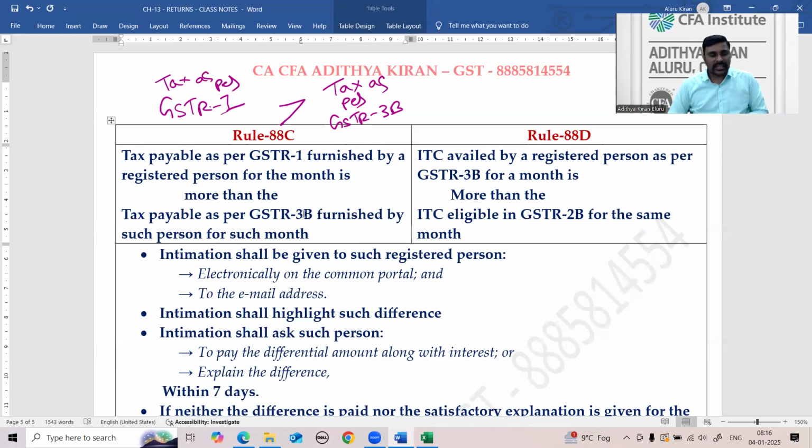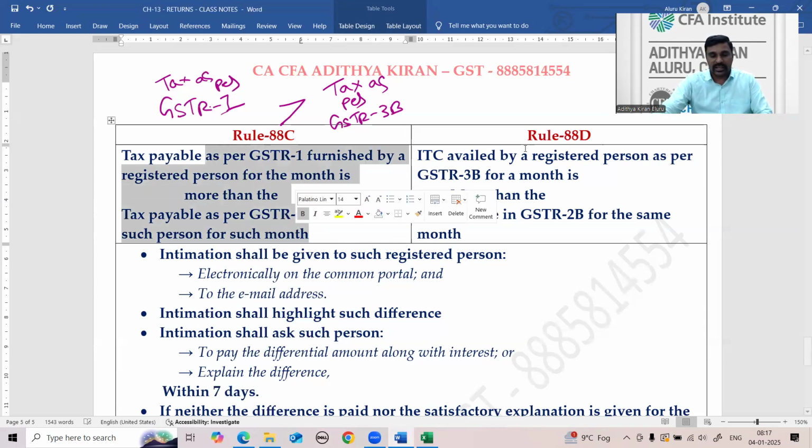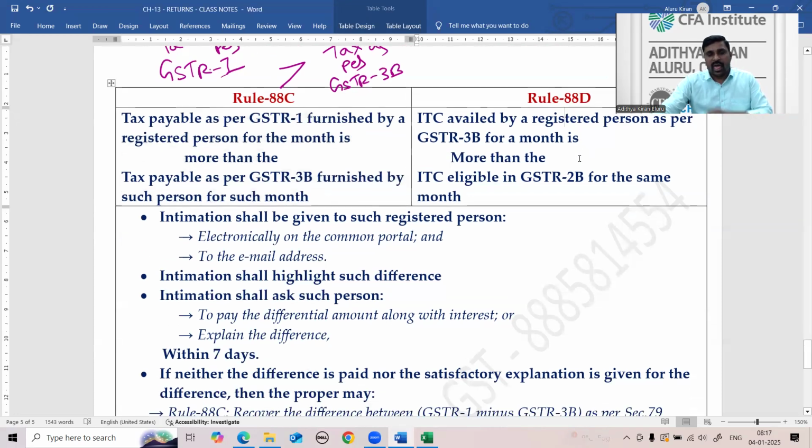Okay, so tax as per GSTR 1 is more than the tax as per GSTR 3B. You first filed GSTR 1, and thereafter you filed GSTR 3B, but the tax you disclosed in GSTR 1 is more than the tax you disclosed in GSTR 3B. For this reason, you will get the notice under Rule 88C, whereas Rule 88D,